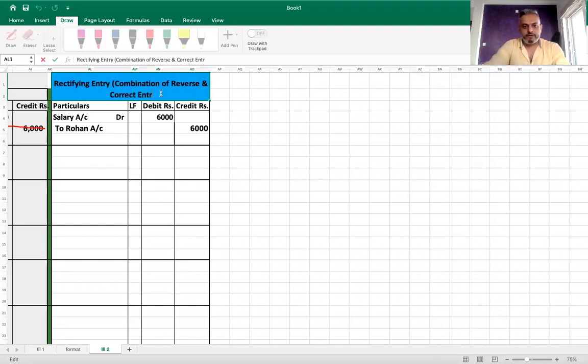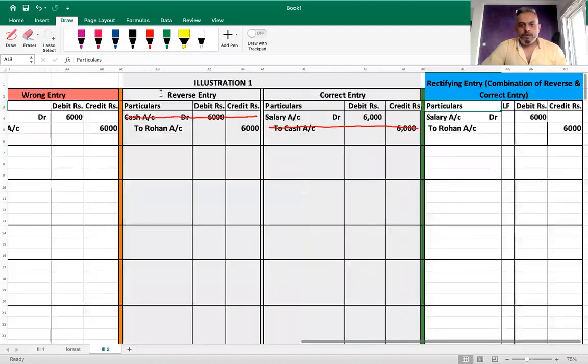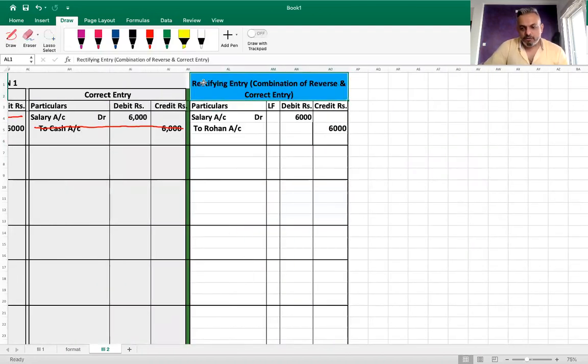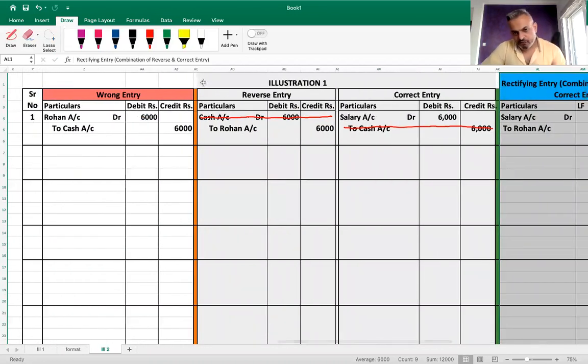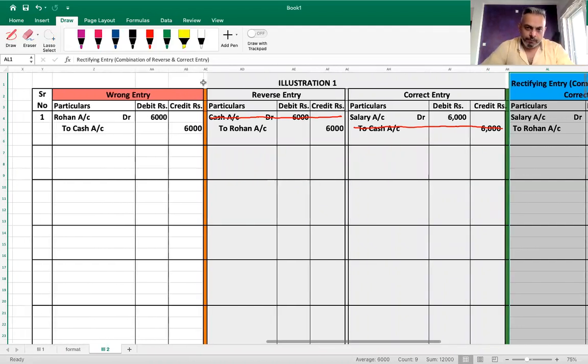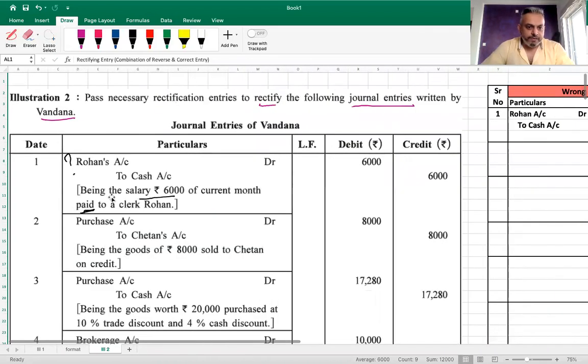Reverse and correct entry. Now, in exam, you have to write only this part. Okay, you don't have to do this wrong, reverse, and correct in this format. This format is for understanding. Then you have to do all these things in rough. Okay. Now, second one,